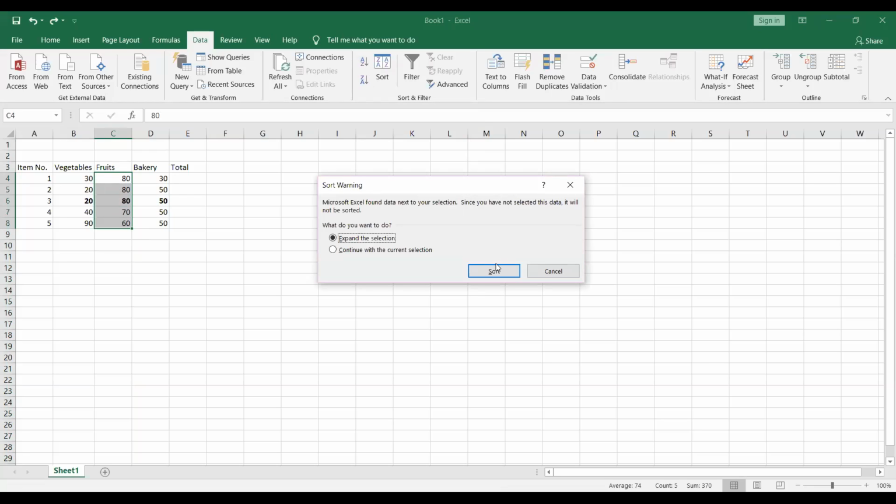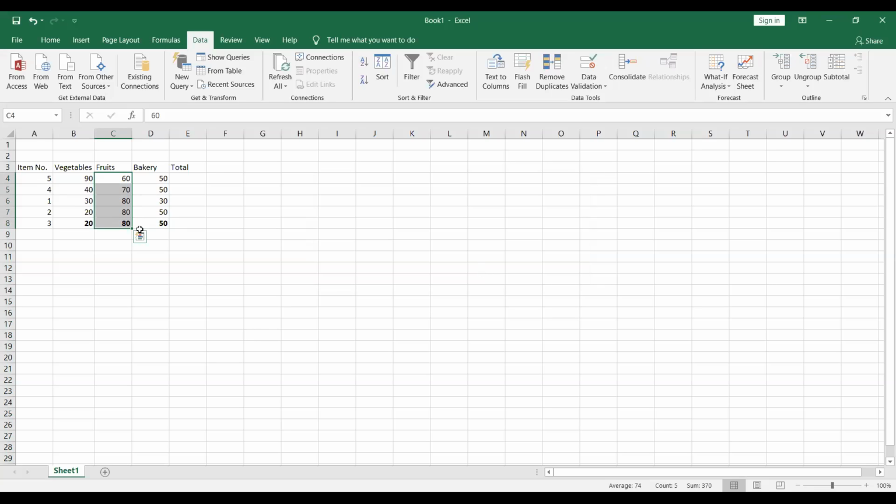As you know, when I use ascending and descending, it will ask me whether I want to expand the selection or sort on the current one, because if I'm changing this, it has to change here also, since this is the serial number. Now you can see the date sorting is applied, and here also it is applied. So you have to see how these sorting features work.